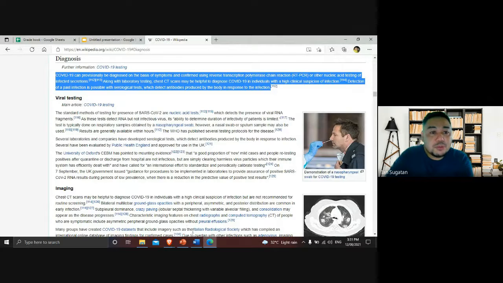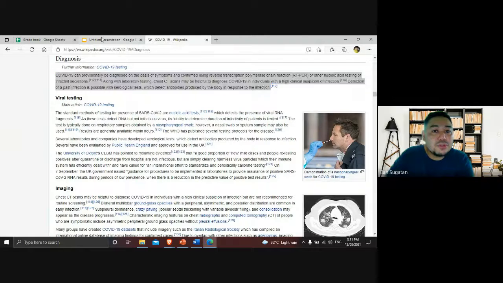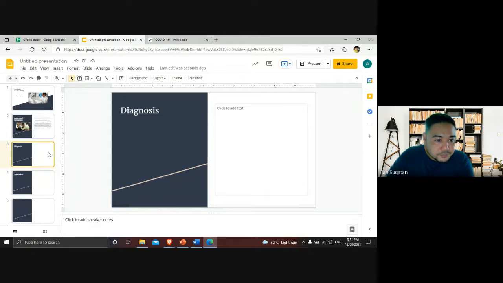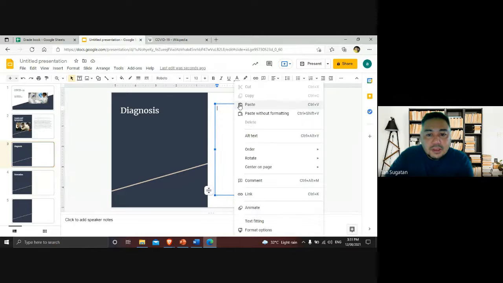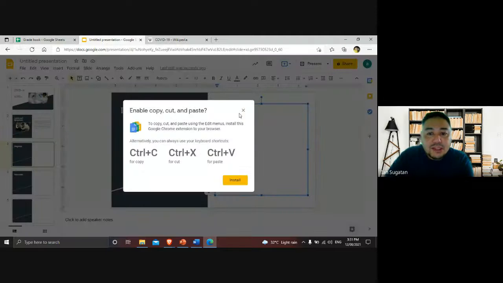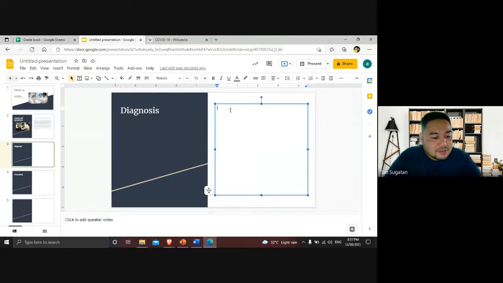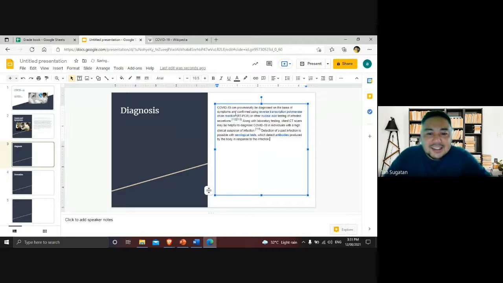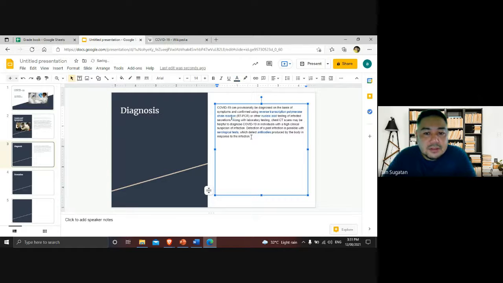However, since we're running out of time, I'm doing the good old forbidden technique, because if I'm not going to do this, I think I cannot finish